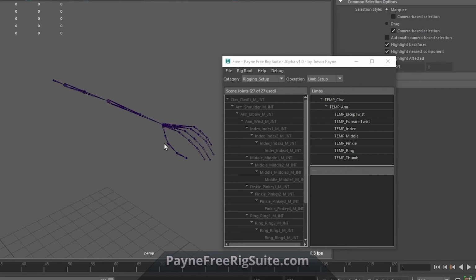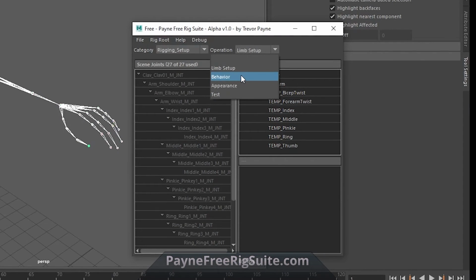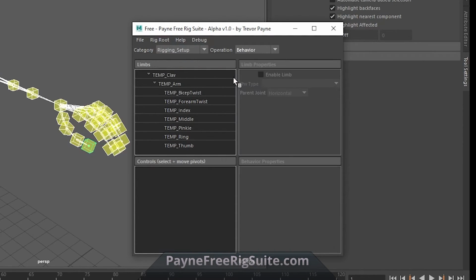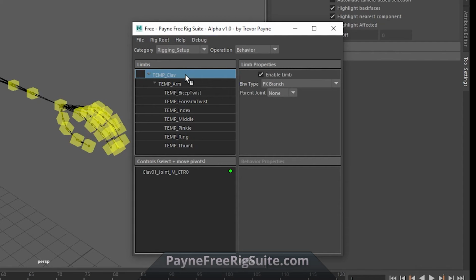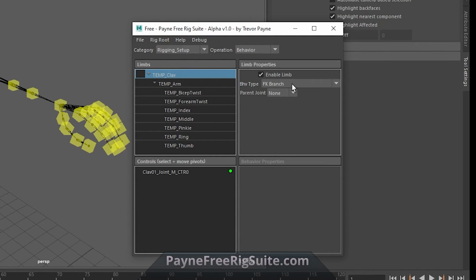So again, here we are with the arm setup rig, and we're just going to go ahead and click update to make sure that we have the latest and greatest, and we're going to jump over to the behavior operation. The behavior operation is where you're going to determine the limb's functionality. And so here we can select any given limb right here in the limb hierarchy view, and we can also